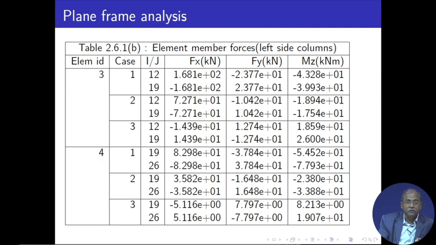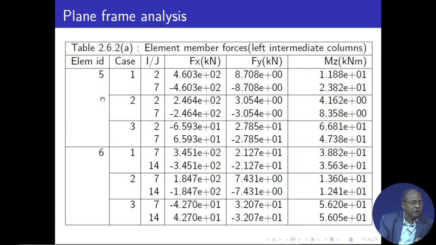Then for 3 4, then for element 5 6. So, first two for the first column, the left side column, this is for the intermediate left column 5 6. I am going up from 5 at the ground floor, then in the first floor level